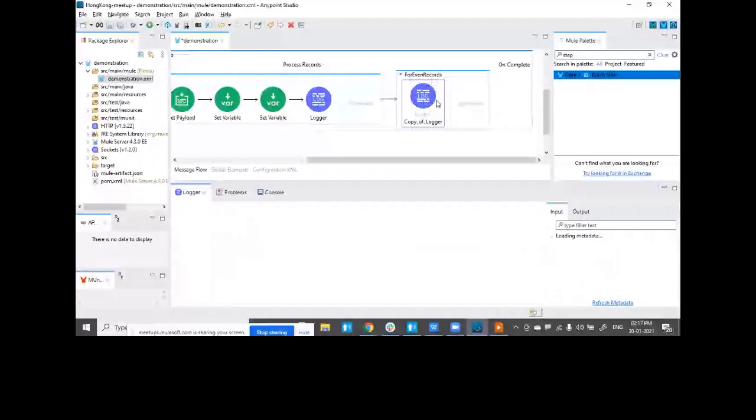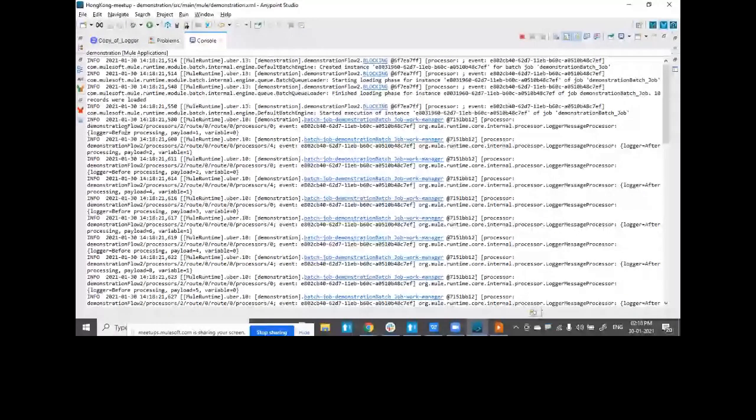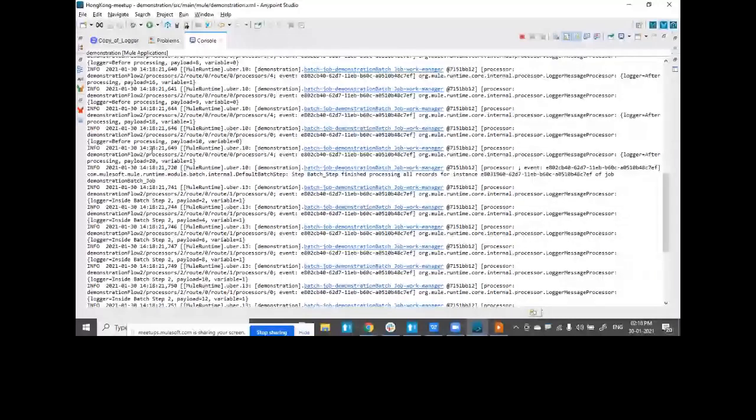If I start following the logger, you can see processing payload 1, 2, and that's how it will keep on going. I want to see the logger which is inside batch step 2. You can see over here, inside batch step 2, the value will be only even.